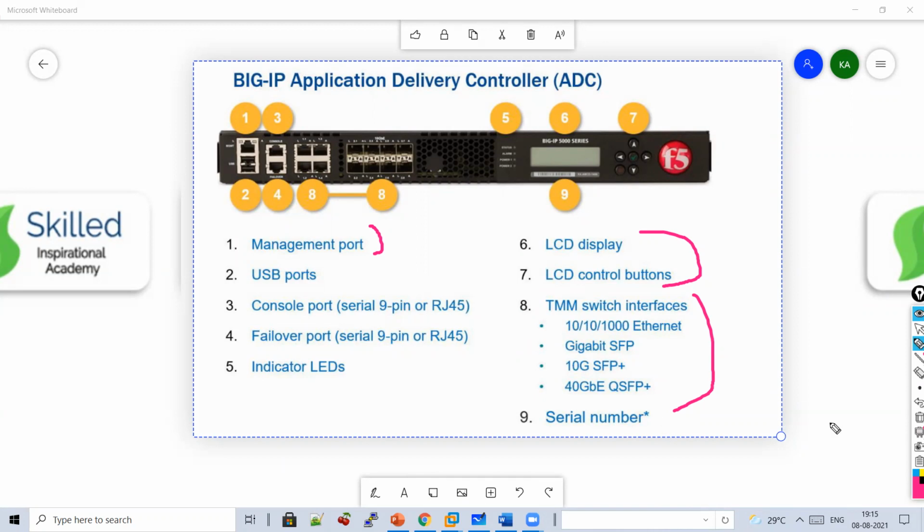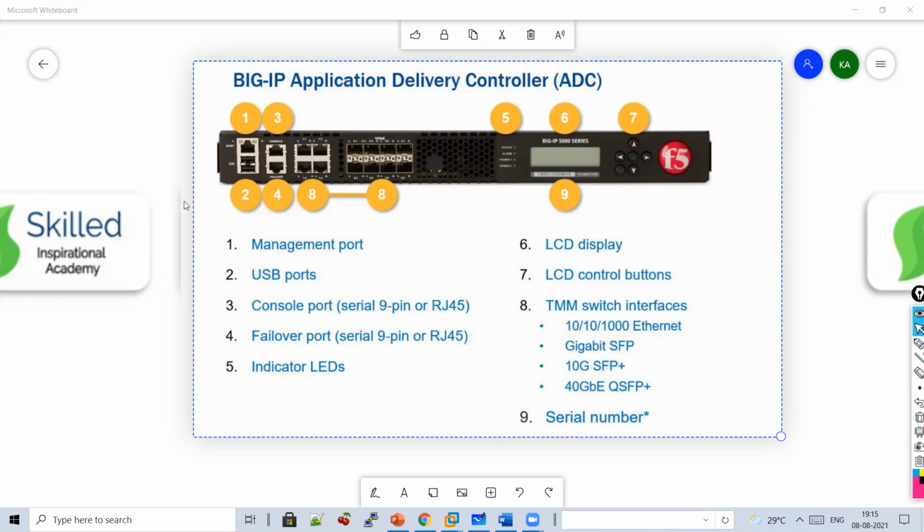This is what about the hardware architecture. You should know what are the different ports in your F5. F5 is also known as an application delivery controller. So this is how your F5 looks like.